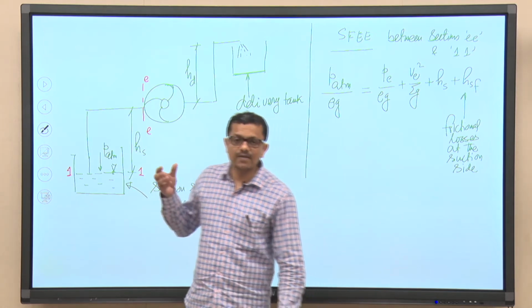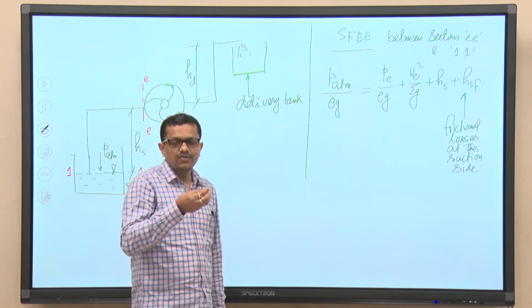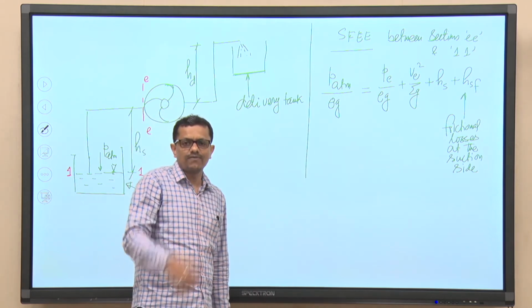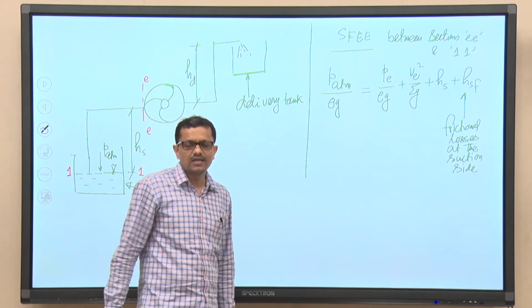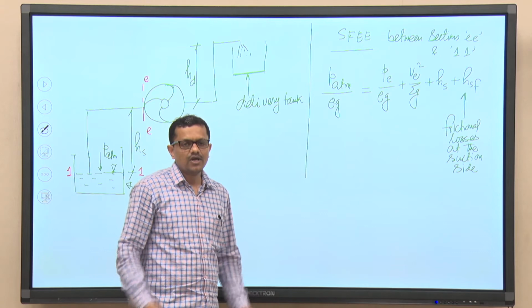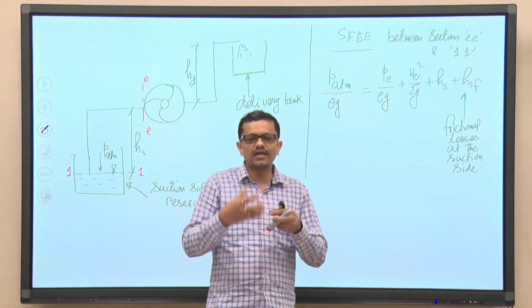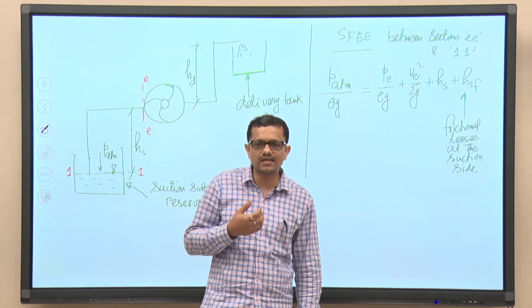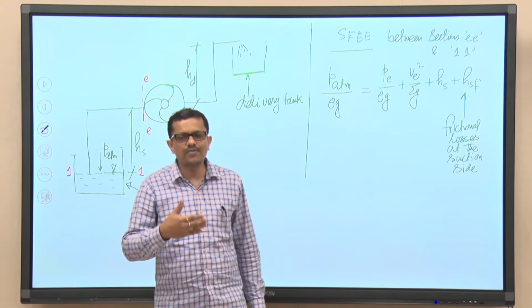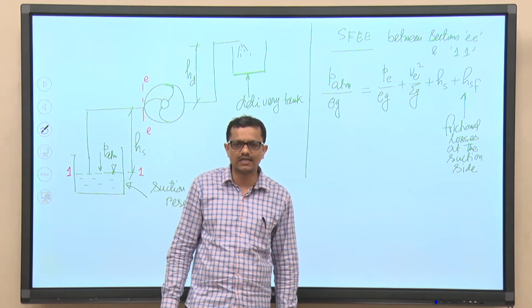So, when the vapor bubble is formed and carried by the fluid in the course of flow, it will grow in size and eventually collapse. This phenomenon is spontaneous and repeatedly occurring, and as I discussed in the last class, the frequency of occurrence of this phenomenon is as high as 25,000 per second.